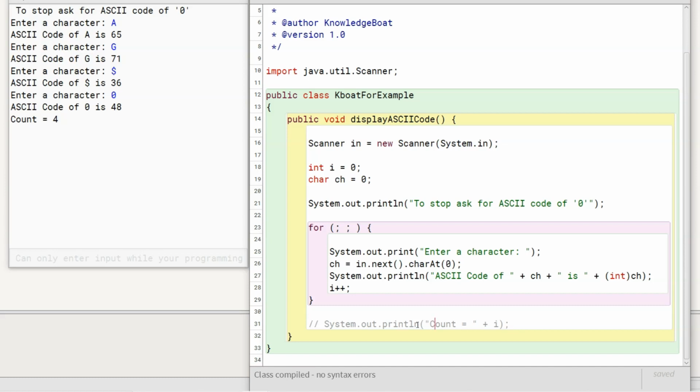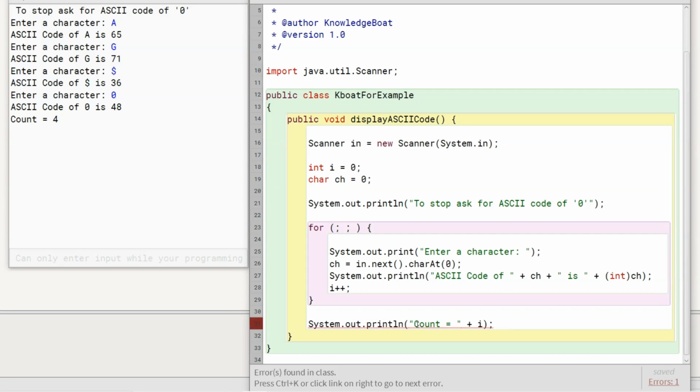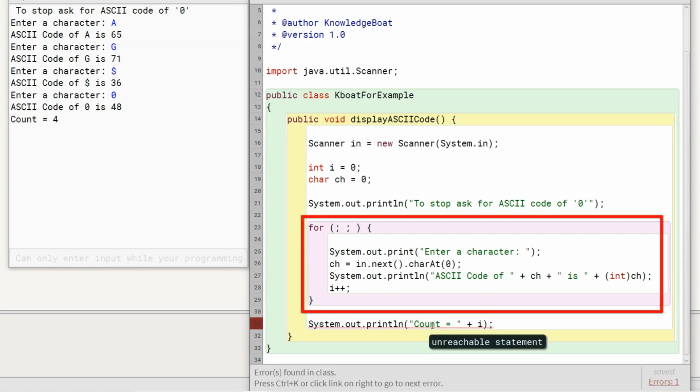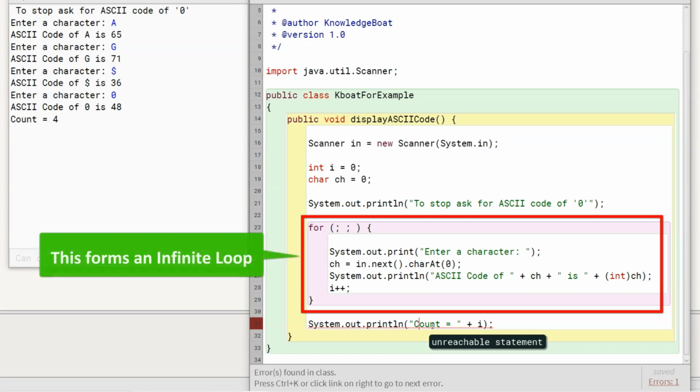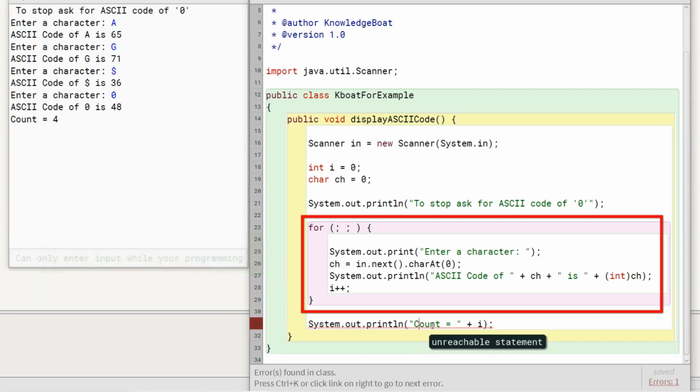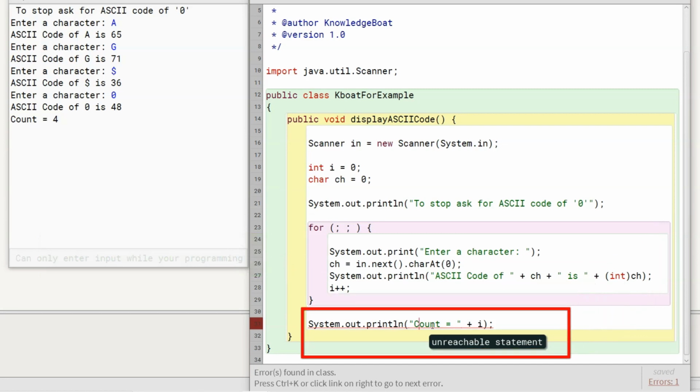Coming back to the error we got for which we commented out this line, let me uncomment it now. This for loop is not the same as the one before where we kept the condition and omitted initialization and increment-decrement parts. Since we have specified no condition, this for loop will continue iterating forever. It will never stop. We call such loops that never stop as infinite loop. So, the program control will never reach this println statement after the for loop. Java's compiler is very smart. It detects this infinite loop and marks this line in error saying that it is unreachable.